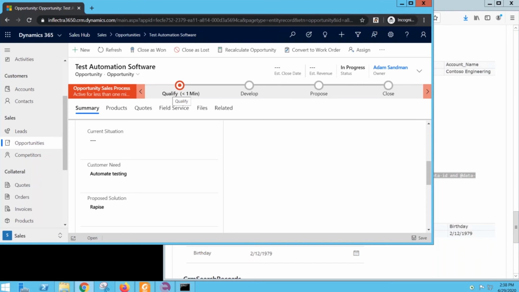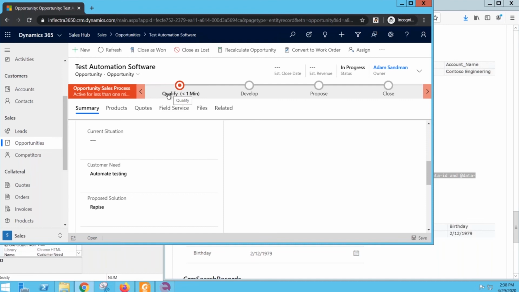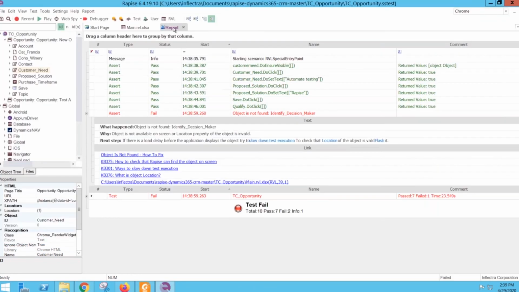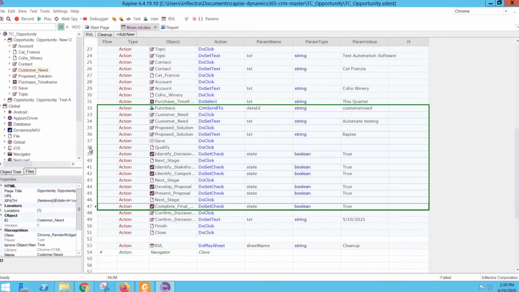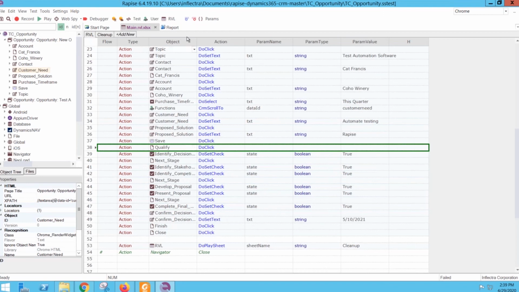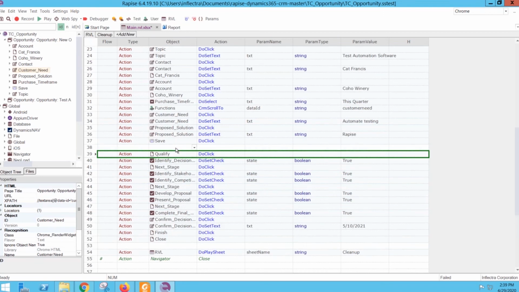Also, you probably noticed that we clicked on save. The save operation consumed a few seconds, and also the qualify link was available during the save. So I saw that Rapise clicked on it, but nothing happened. So it means that after clicking on the save, we need to wait a bit more before proceeding with our scenario. So here, after save, before clicking on qualify, I will add one more step,